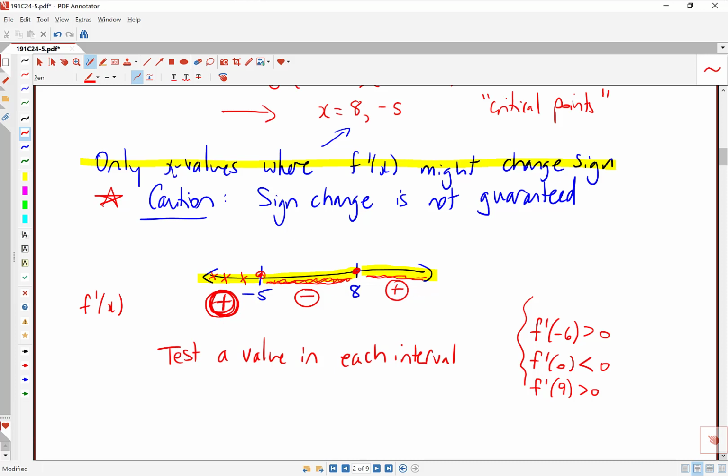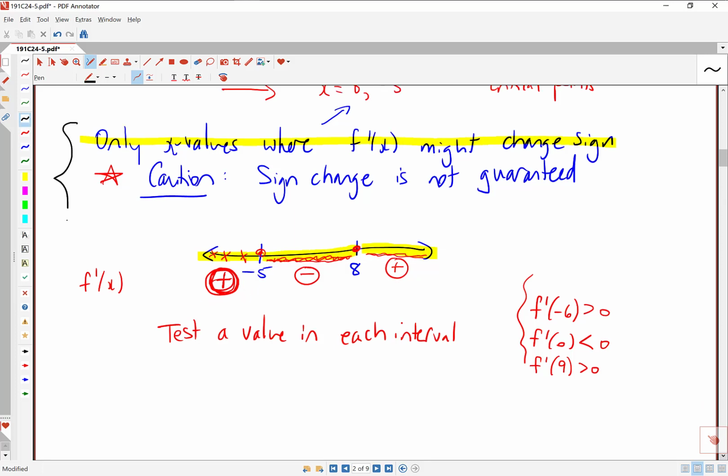Often you will. But we shouldn't fall into the trap of thinking that the signs are always going to alternate, because sometimes you'll see something like plus, minus, minus or something. And I'll actually show you examples of that later on in the video. So yes, we really do need to investigate each of the intervals. If you've got 2 critical points, you've got 3 intervals that you need to separately do a little test value for. So all this stuff right here, that's sort of discussion, because that's the first time that we're doing